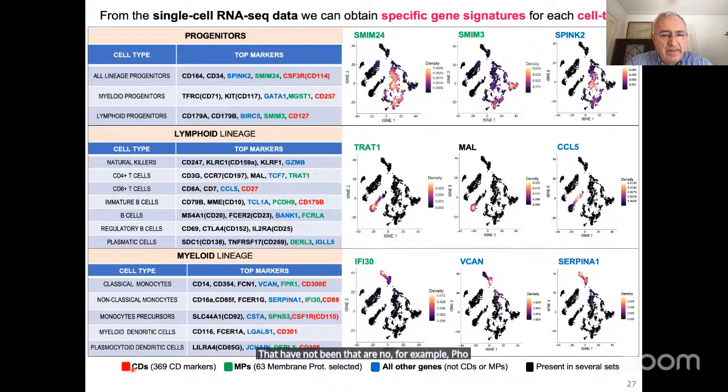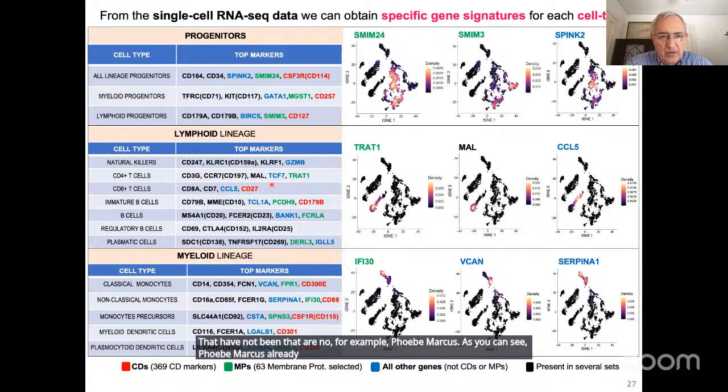As you can see, CD markers already reported in the literature. For example, with TRAT1, we identified TRAT1, that is quite a good marker, as you can see here, of a population that has been identified as CD4 plus T cells. Or, for example,